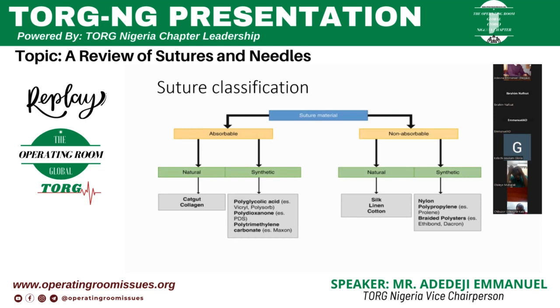We have, as you can see from this slide, under the synthetic absorbable, the common one is Vicryl. We always say Vicryl. Of course, the generic name is polyglactin 910. So the polyglactin 910, which of course has a superior advantage over every other suture being used, tends to have a strong tensile strength, and